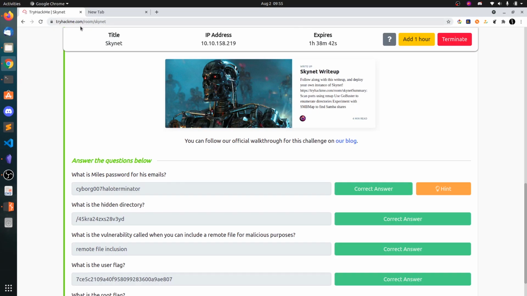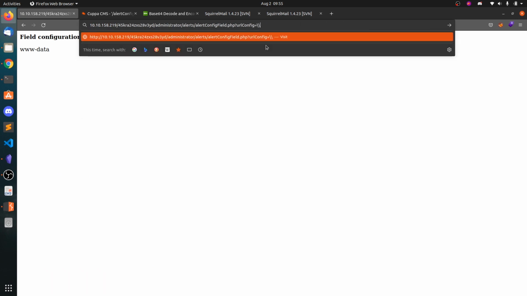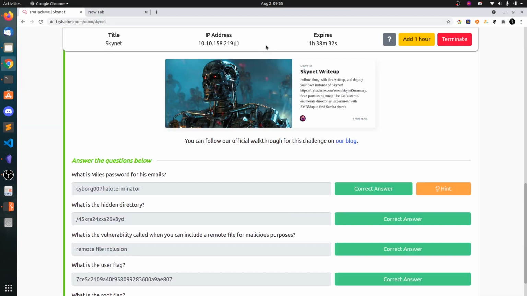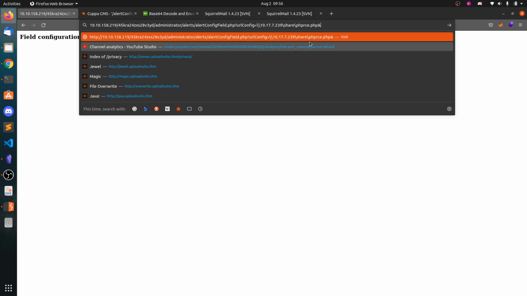So now instead of HTTP, you can just include two backward slashes, my IP address, and share and php rce.php, and you can also put command equals whoami. It did not work. You can try for web shells.